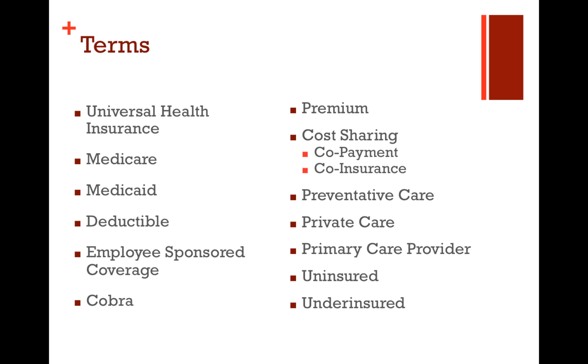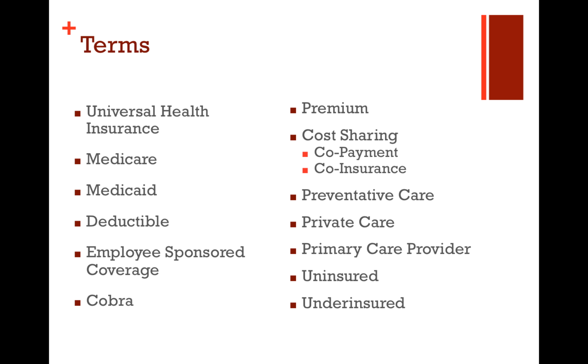In addition, there are deductibles. Again, similar to car insurance, this is the amount of money you have to pay out of pocket before your insurance will pay anything at all. Some insurance plans have very high deductibles, some have low deductibles, and some have no deductibles whatsoever. These can also depend on whether or not you're using what's called an in-network provider or an out-of-network provider. So health insurance companies contract with physicians that say, we will agree to provide services and we will accept your insurance.